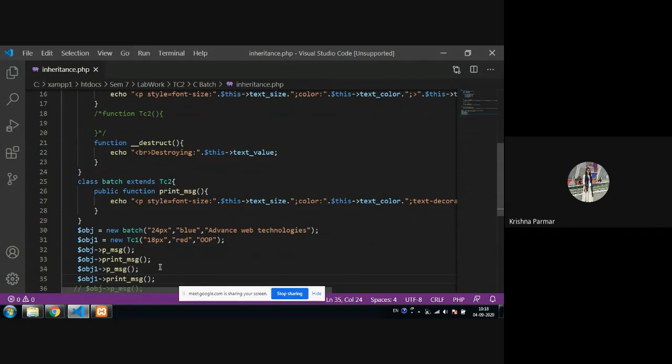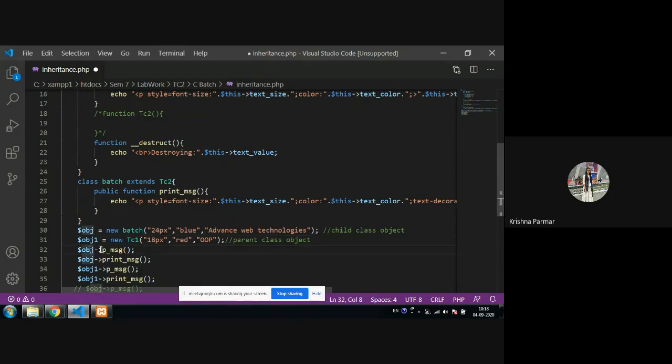Now, as you can see here, this obj is your child class object, and this is your parent class object.